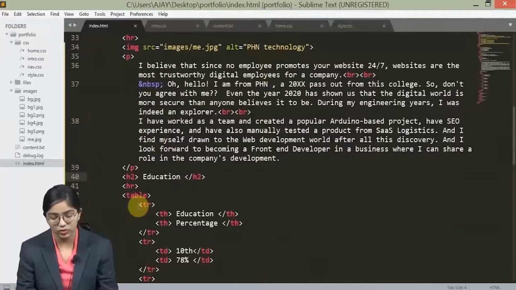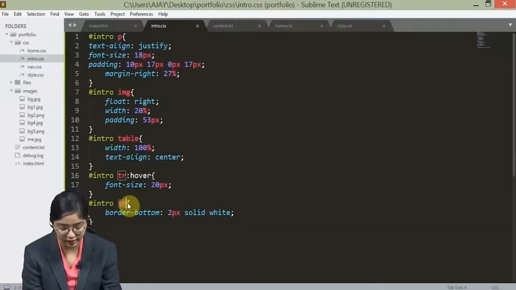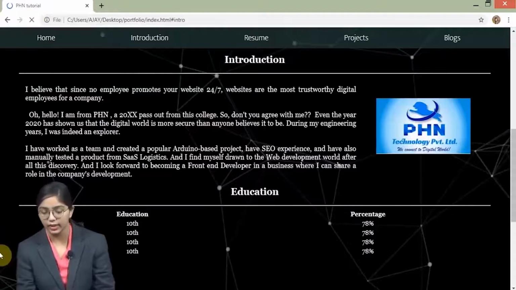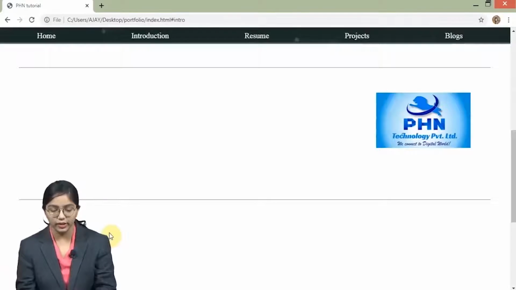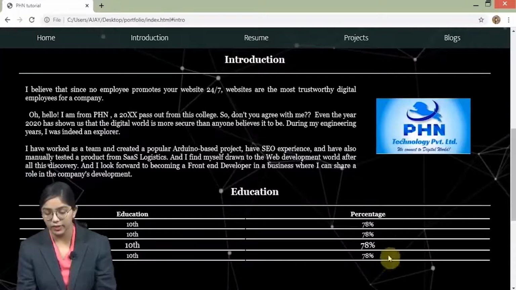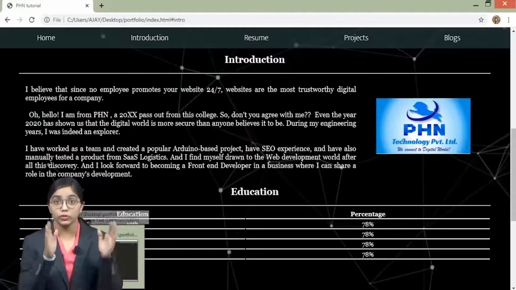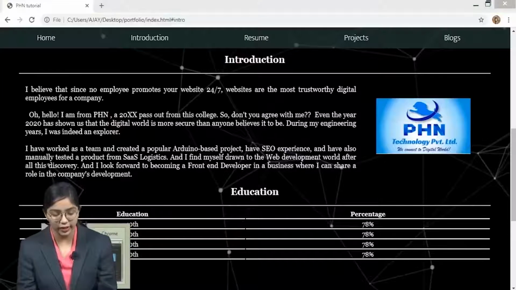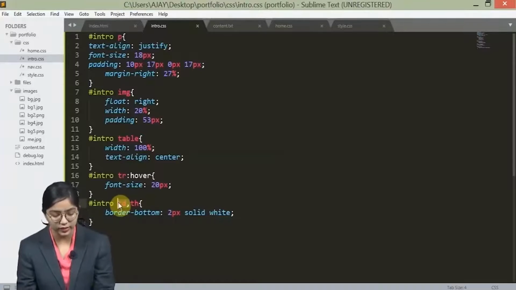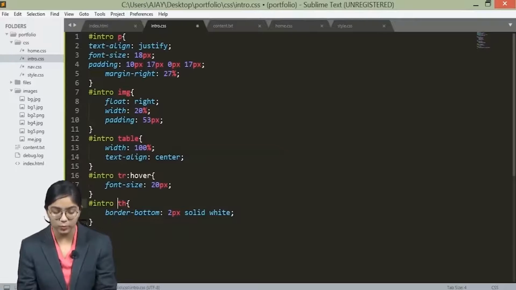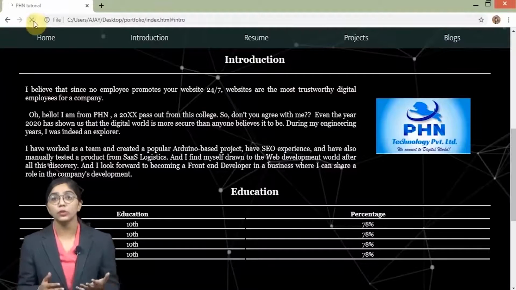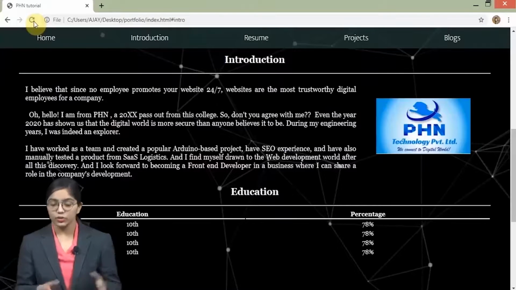Okay, so we need to give it for td and th, I guess. It is not working for tr, since the row would take the entire row, right? The rows would be defined, right? So you can see the lines have appeared. I was wrong. We cannot give it for row. Rows go like these. We need to give it for column, right? So you can just define for th over here and remove the td. So you can do all kinds of exploring with the properties of CSS, and properties of CSS will never fail to surprise you. So you can see.